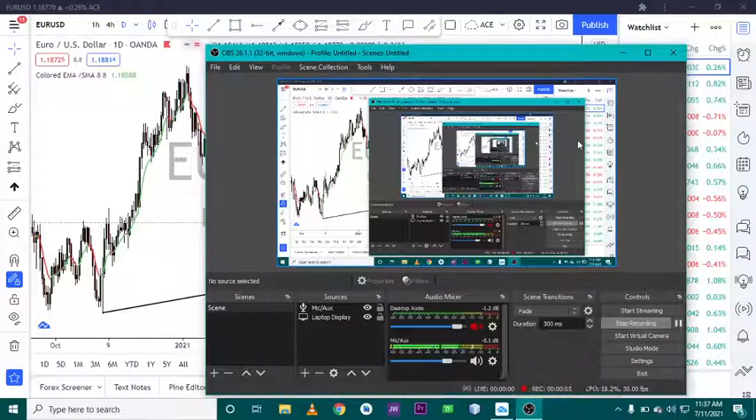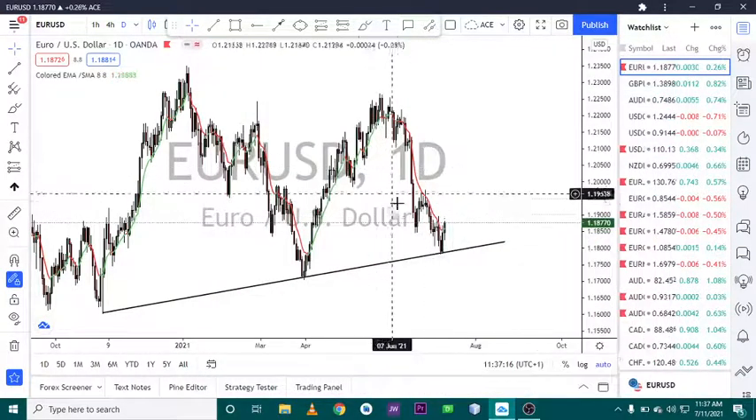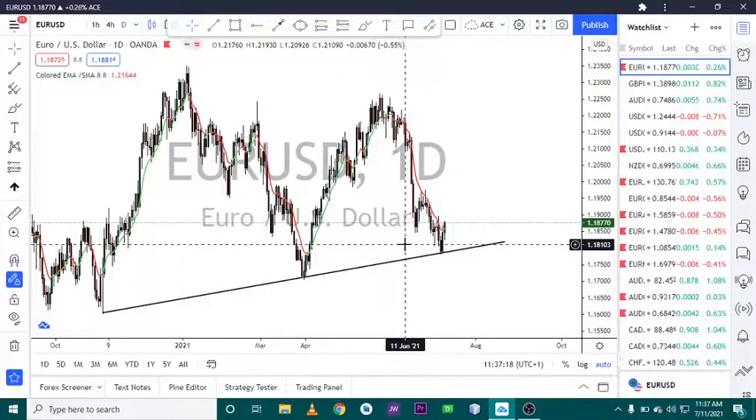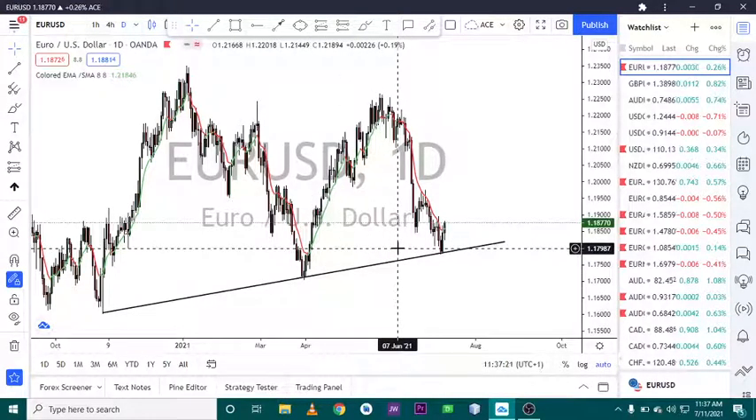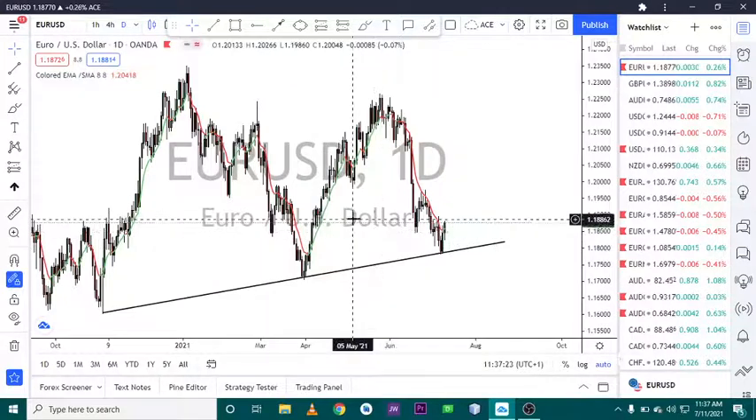Okay guys, so this is going to be a short analysis of what I'm going to be looking for this week. As if you do not know, I'm more of a trend trader. I use trend lines with support and resistance to spot opportunities where I'll be willing to take